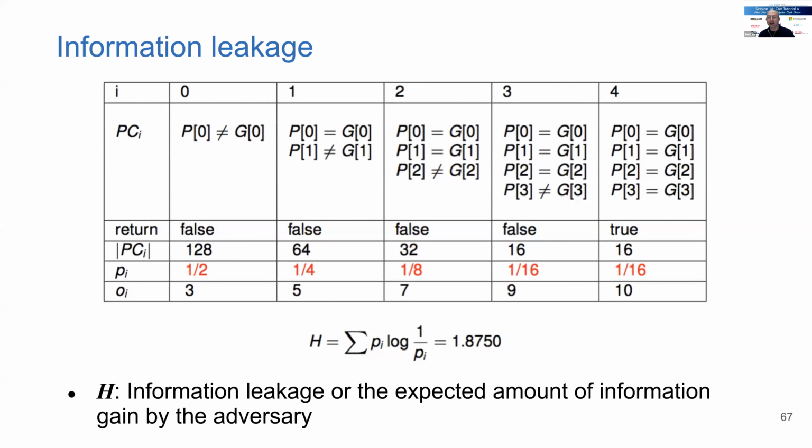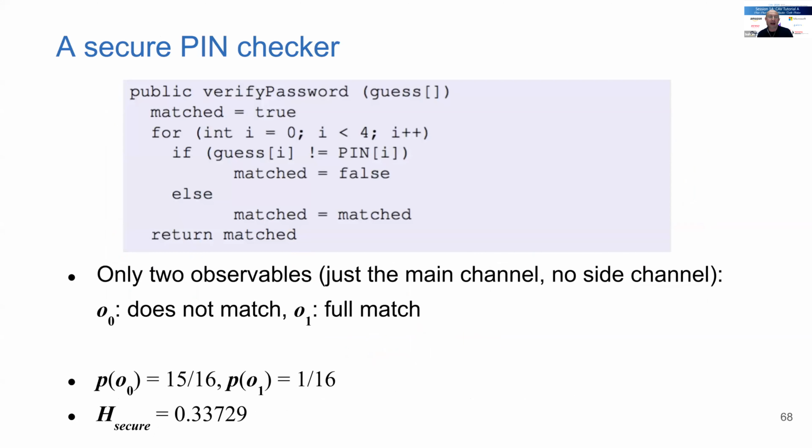But you may find this fuzzy. If you're not convinced, you can compare this with a password checker, which doesn't leak from the side channel, because notice that it doesn't do early termination. It actually processes the pin and the guess till the end. It does not terminate at the first mismatch, it just keeps a flag, and basically execution time is constant.